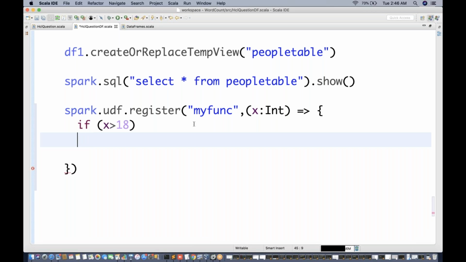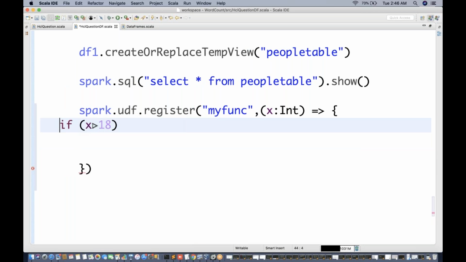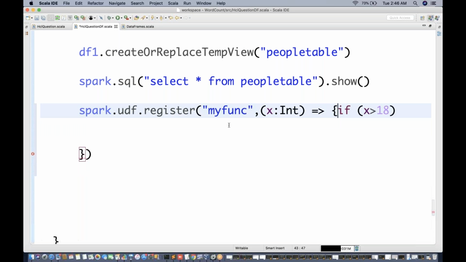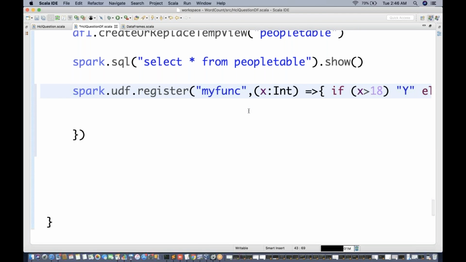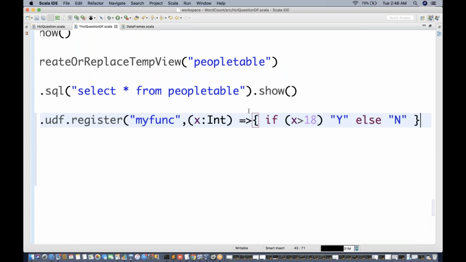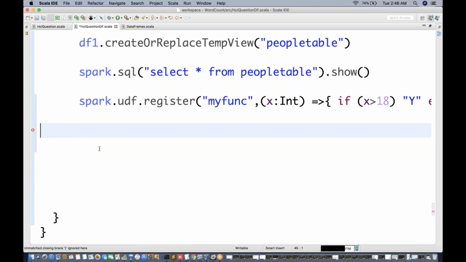We want to return y. Let me give it in one line only. If x greater than 18, return y, else return n. Correct? And then you just close this. In a single line, we have written this.